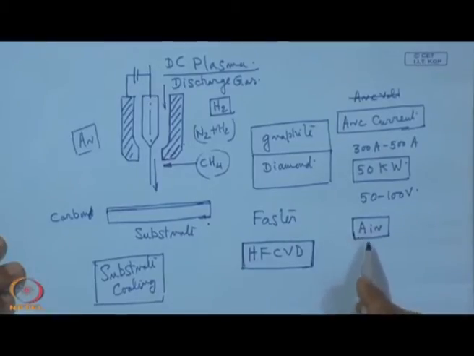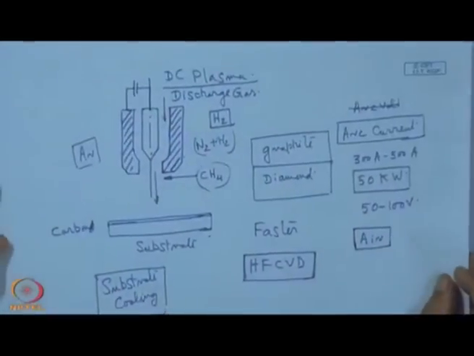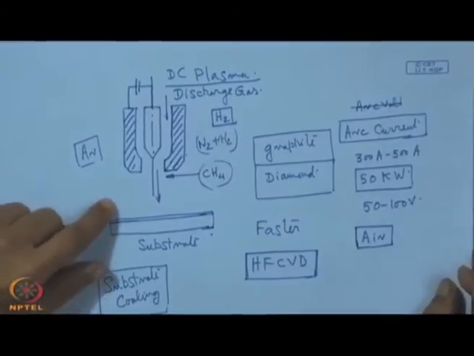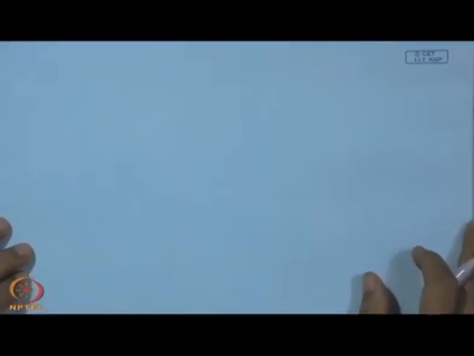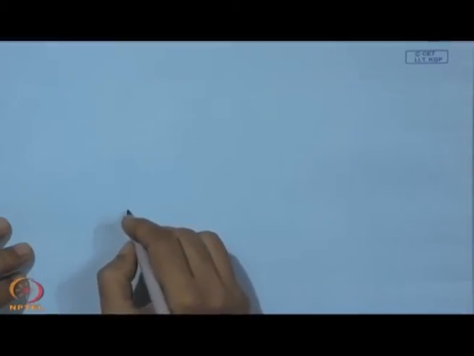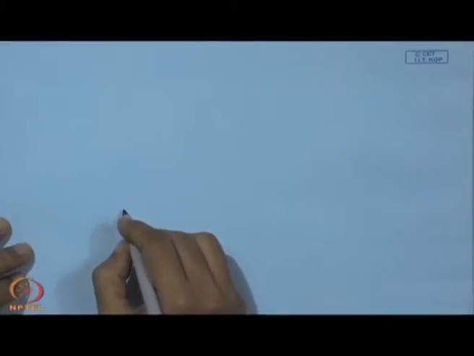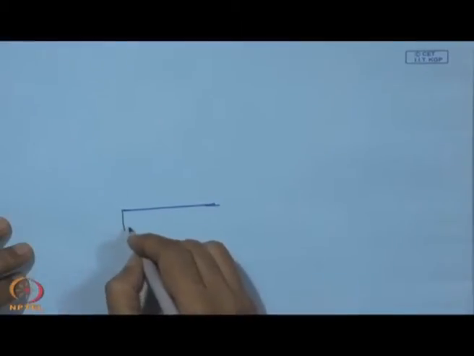So, that has to be also taken care of by this process. Now, this coating of diamond which we have just mentioned here, we can also extend this process this way. That means, normally what we see is that on a substrate we have to deposit diamond, and then this can be